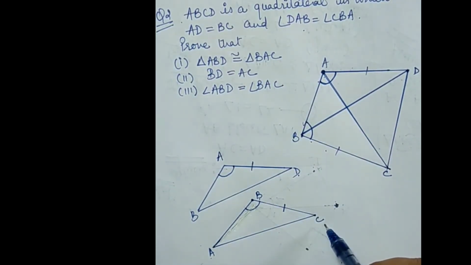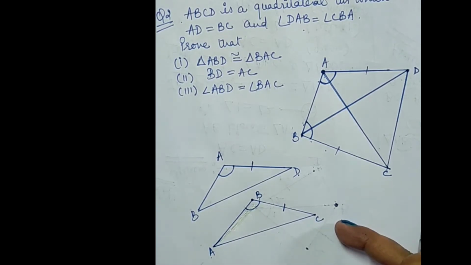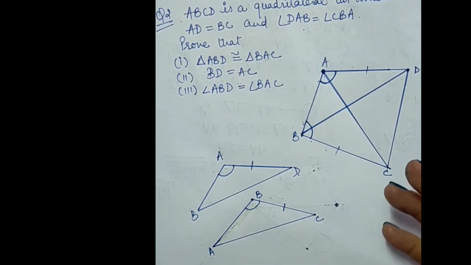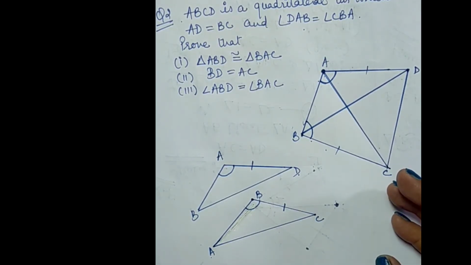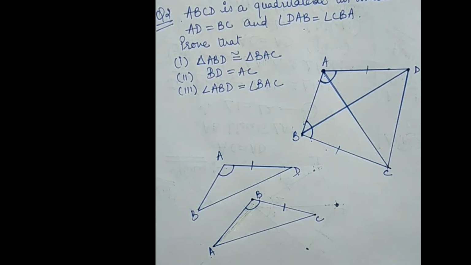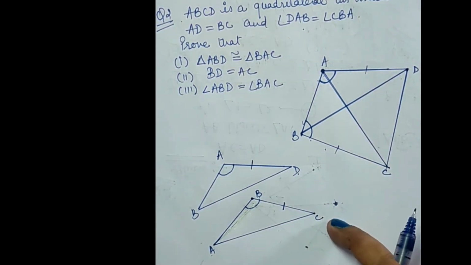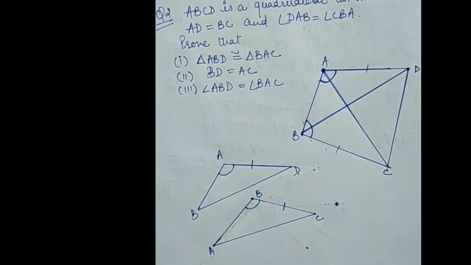Congruency means that the two figures will coincide with each other, meaning one figure will exactly cover the other, such as a set of bangles. So in triangles also, congruency means one triangle will be on the other one and they will exactly coincide. So I have segregated this way.